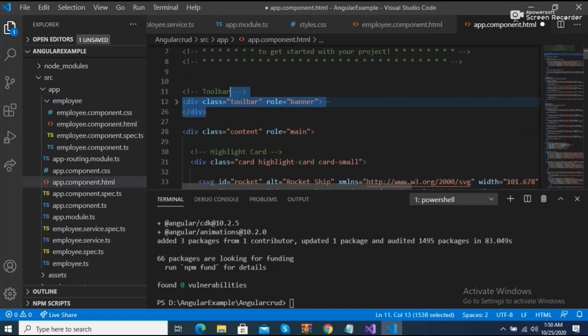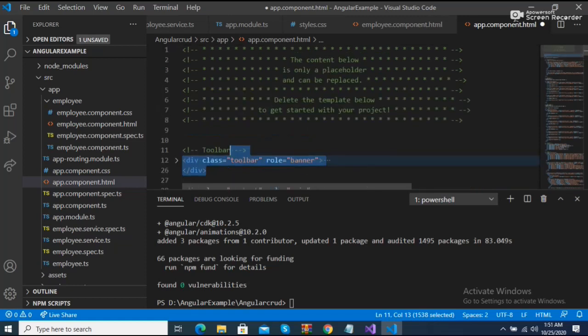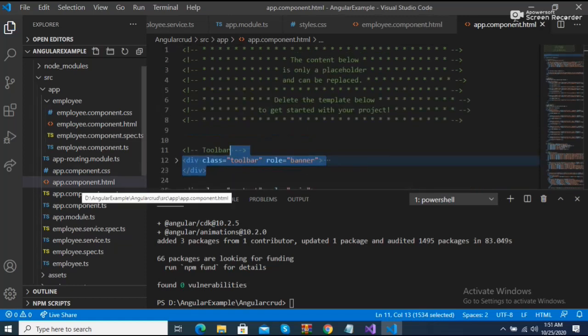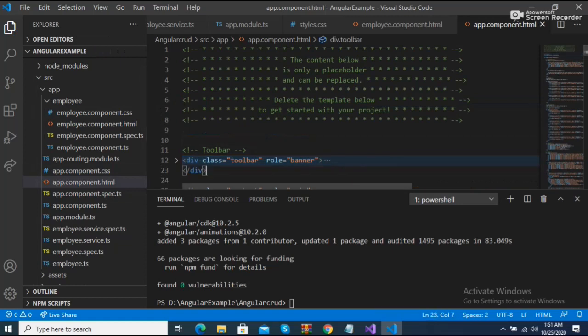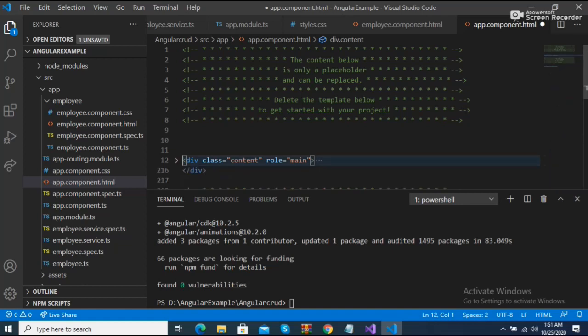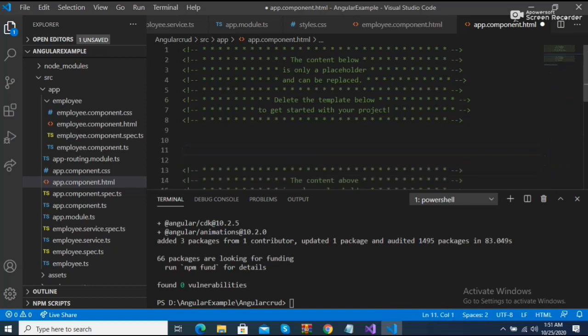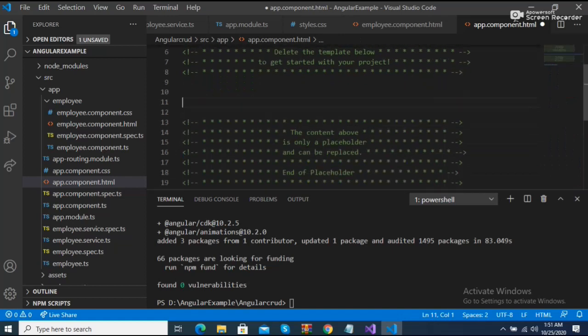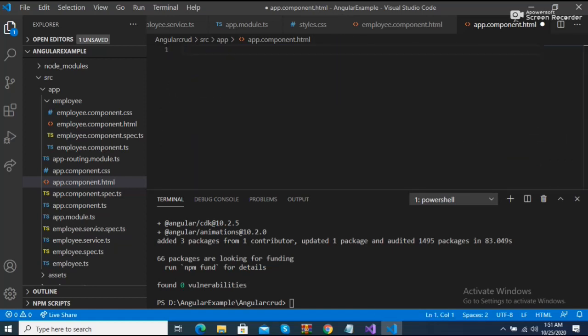As you can see on the screen, we have the template already defined by Angular. So I'm just deleting this template, and this is the app.component.html. We just need to add our code. So toolbar and like this. You just need to open the arrow keys, and the above content is there like this, and I'm going to delete it. We just need to add our content, and what should we add? The app-employee, like this.